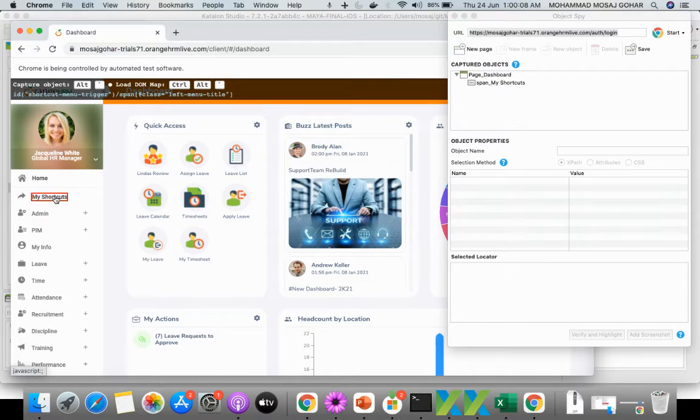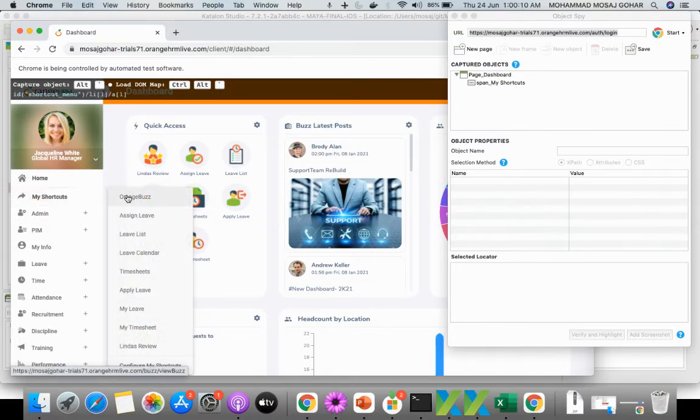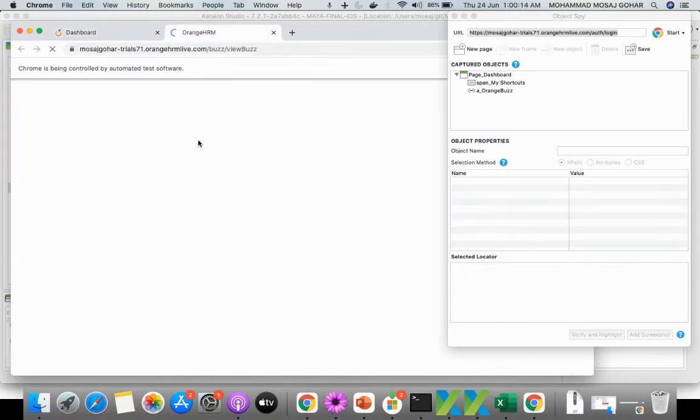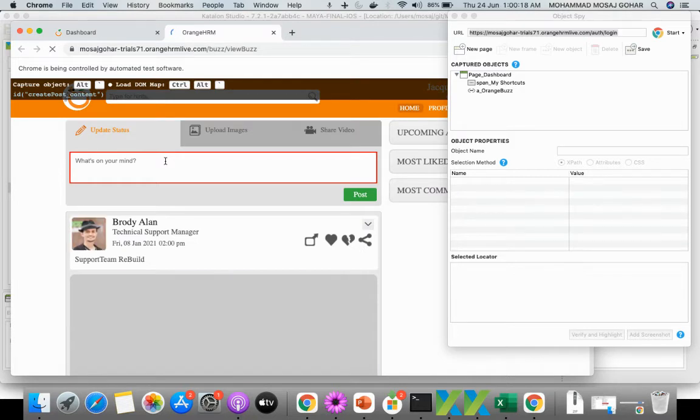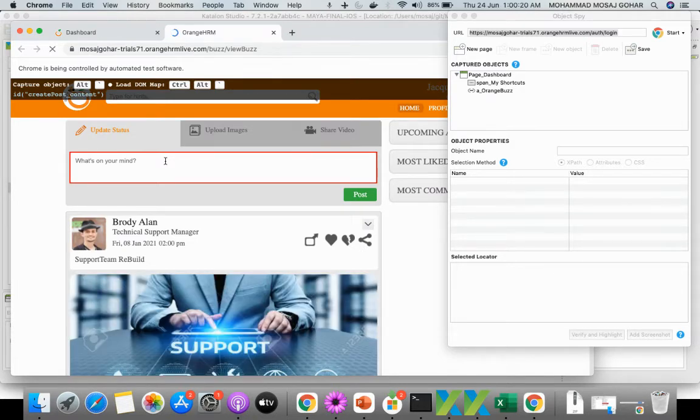My shortcuts, then Orange Buzz. Okay, Orange Buzz is there. Next window, and let's say we want to capture this element for setting the text.